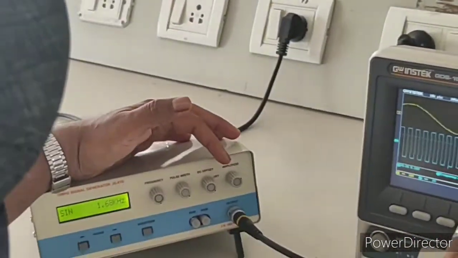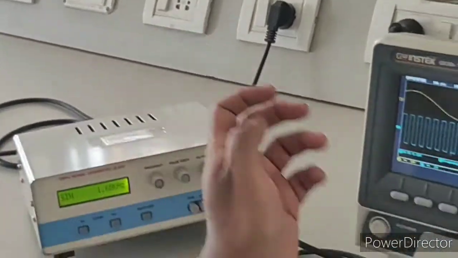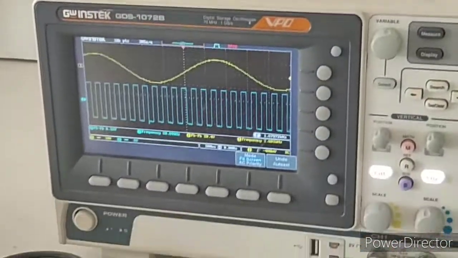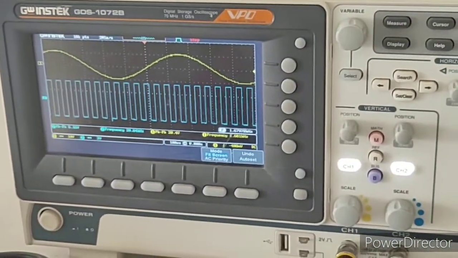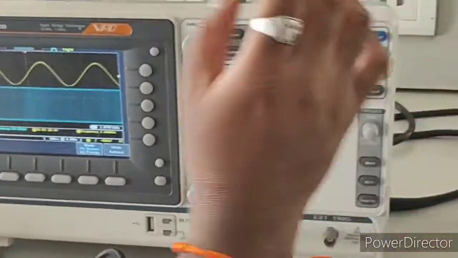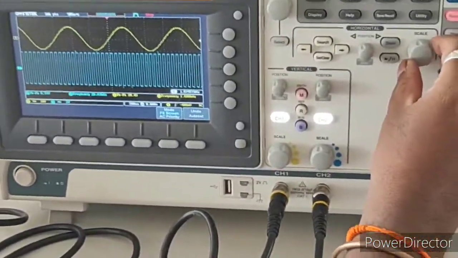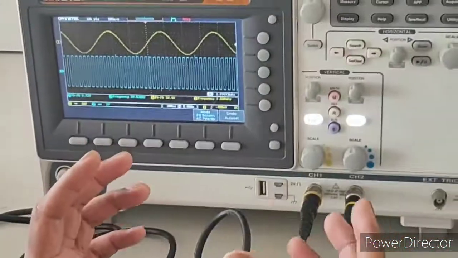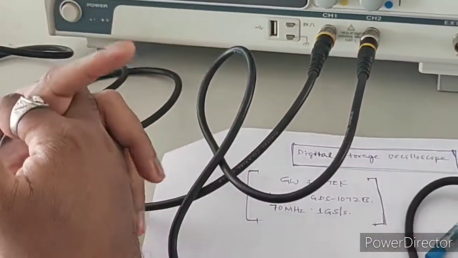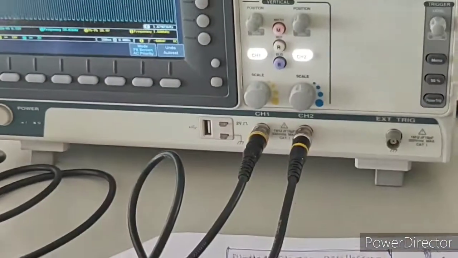Here the peak to peak amplitude of the sine wave has come to 20 volts. The frequency is 1.68. So this is about measuring the signal amplitude and frequency using two channels simultaneously.